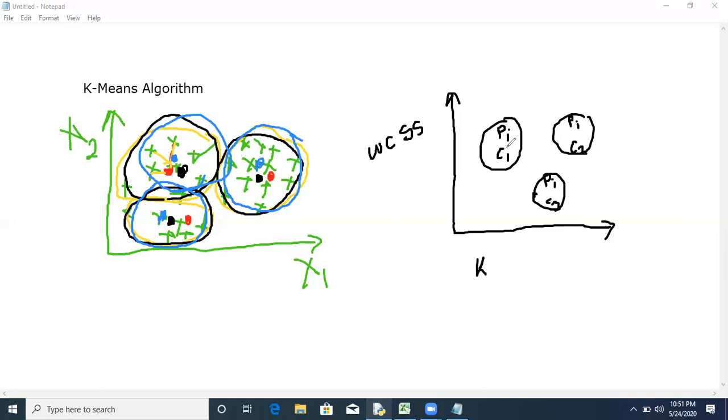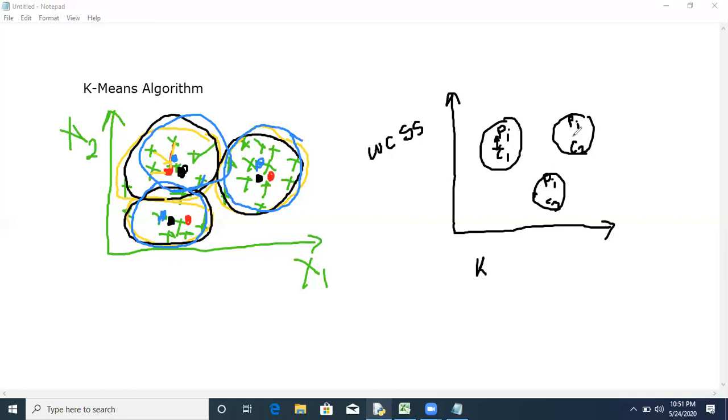So what we'll do, we'll find the distance between these two, meaning P1 and C1, similarly P2 and C2. We'll find the distance of every point in cluster 1 with its centroid.